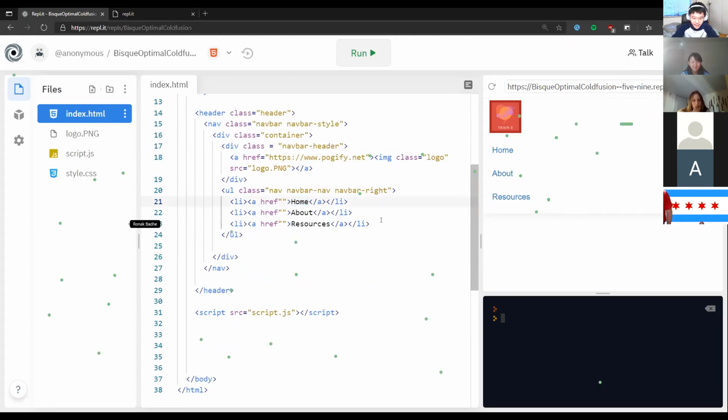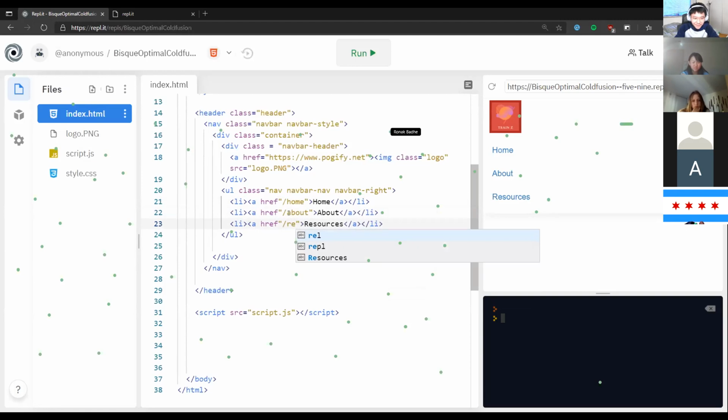So if I put like here, you can put any link here. Usually you would put relative links like /home, /about, /resources. Let's just try that. /home, /about, /resources. I don't know where the dots are coming from. Zoom is just being wonky, but hopefully that's not too distracting. So you just click run,